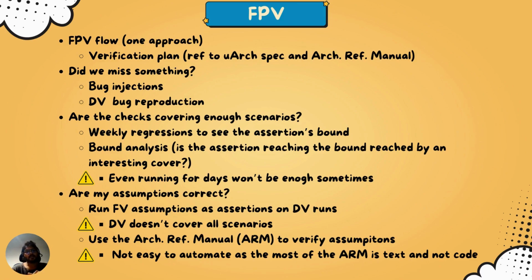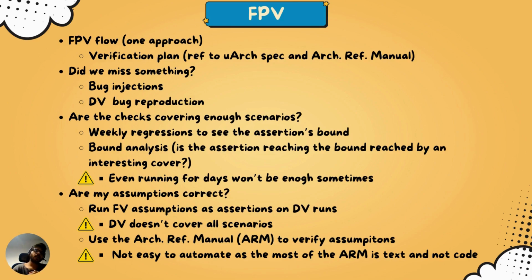So this is called bound analysis. And here, this is how it's done. You have a check that says that a particular functionality is correct, and then you write a bunch of cover properties that will hit the scenario through different paths or through different combinations of inputs. You don't specify input in formal, but somehow you specify that this functionality is, let's say, activated through different